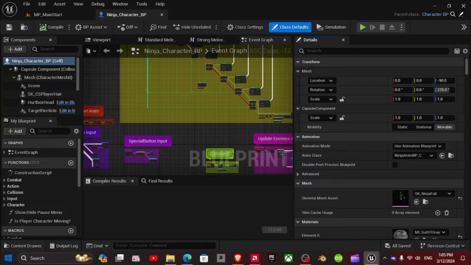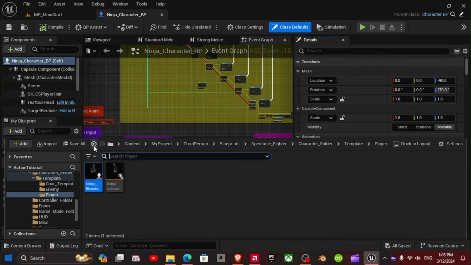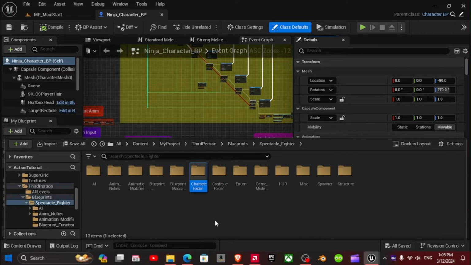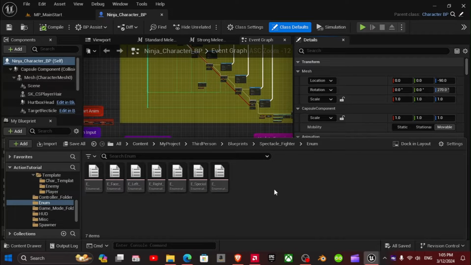Alright, now this is what we're going to be doing here. We need to create a new enumeration, and that enumeration is enumeration states, otherwise known as E-states.